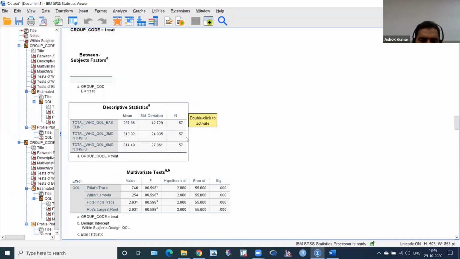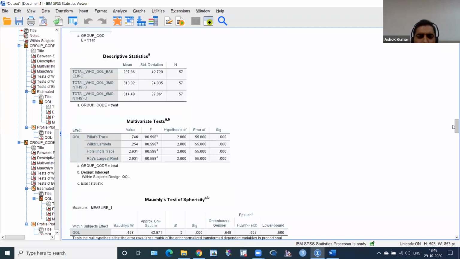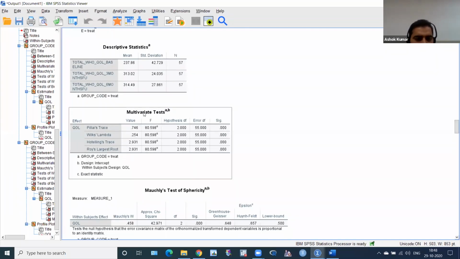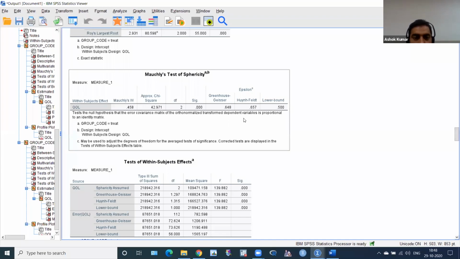There are 57, maybe 3 lost to follow-up, something like that. Okay. We don't use the multivariate test effect, no need to use this. We mostly have to use the test of sphericity. And you have to remember, if this p-value of the Mauchly's test of sphericity comes non-significant, meaning greater